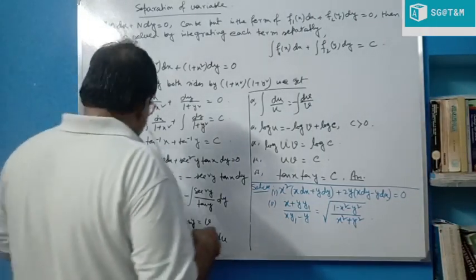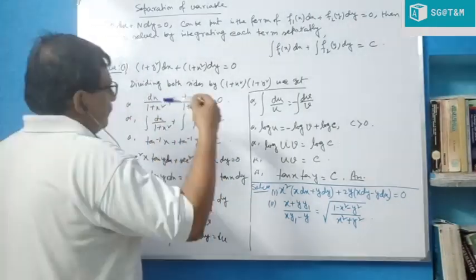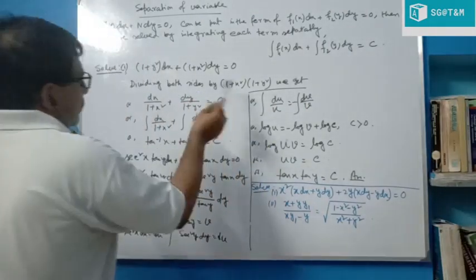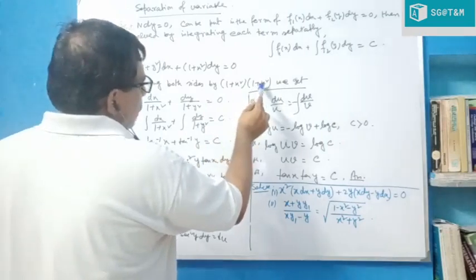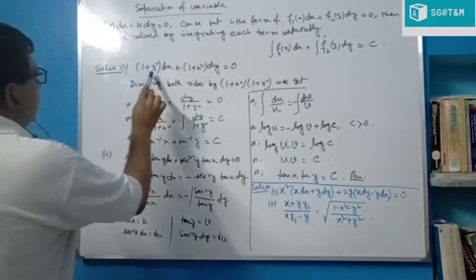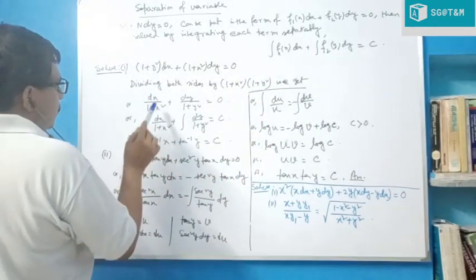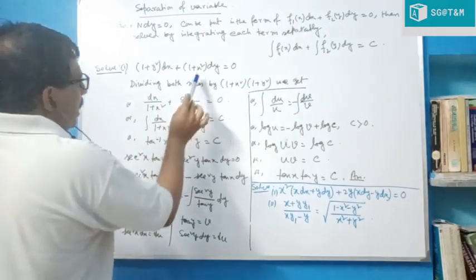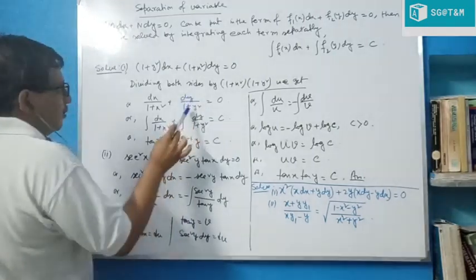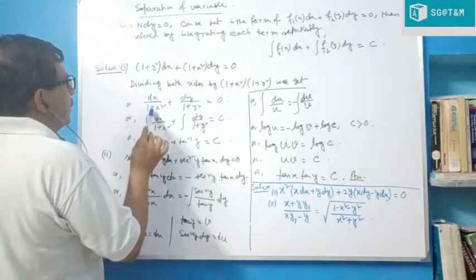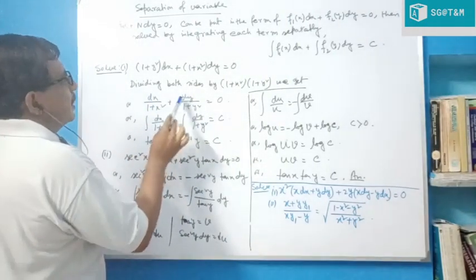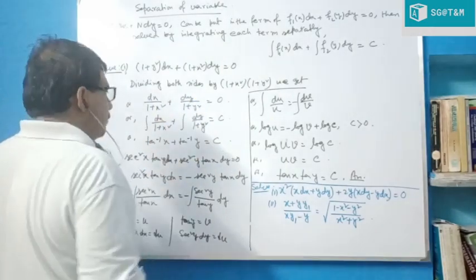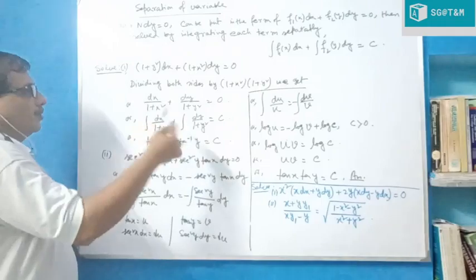So first, to overcome this problem, we divide both sides by 1 plus x square and 1 plus y square. Dividing, the 1 plus x square cancels out in the first term, and in the second we get 1 plus y square. So the first one is dx by 1 plus x square, a function of x only, and dy by 1 plus y square, a function of y only. So integrating both sides,